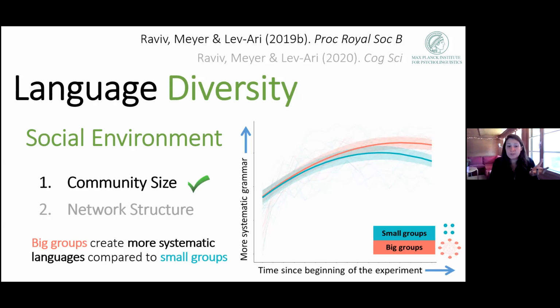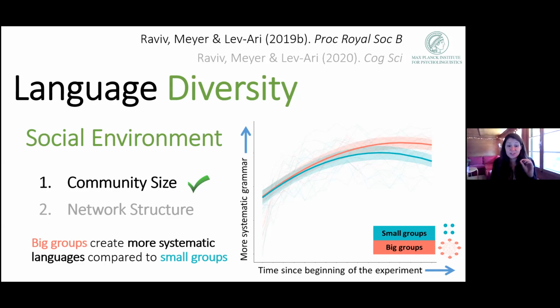And the explanation for this trend was that the need to develop systematic languages was much higher in the larger groups. So imagine that in the large group, you have less shared history with each person and you're exposed to a lot of variability. There's a lot of people. But in a small group, with just 4 people, we could just remember each other's unique variations. So I can remember that you say Buba for this item and you say Kiki for this item, and just remember it and never develop anything. But in a big group, that's really, really hard to do. You cannot just memorize the unique words used by every person in the group. You really have to try to converge on something shared.